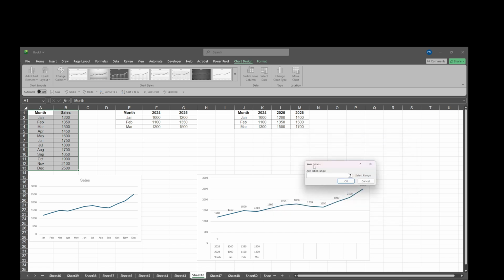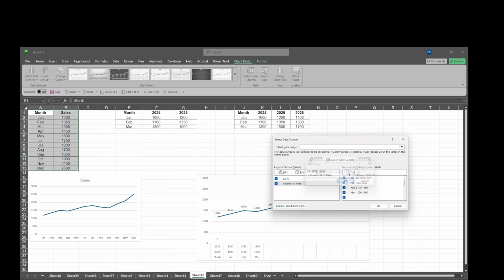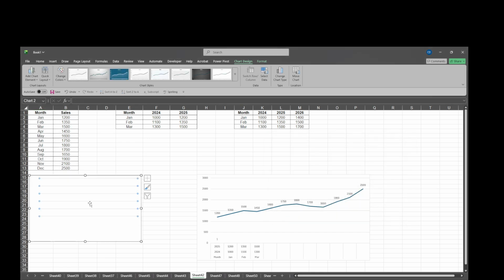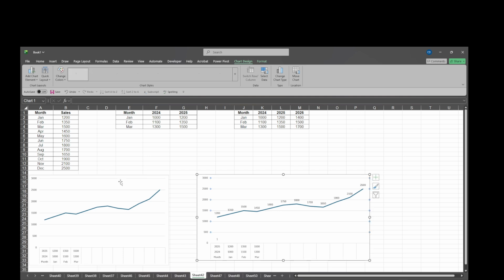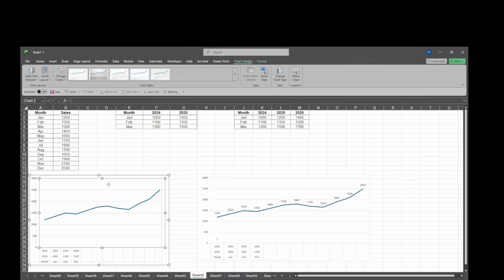After that, format the chart so it is easier to read. Add a clear chart title, such as Monthly Sales Cycle. Turn on data markers so each monthly point stands out. Show grid lines to help with visual comparison, and keep the axis scales consistent so the differences between years are